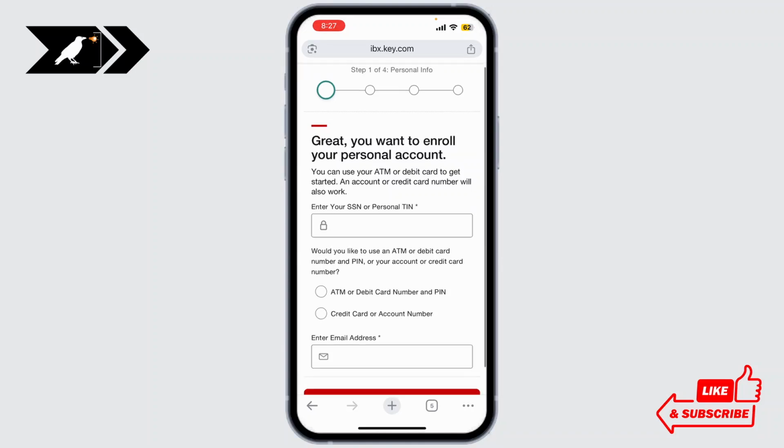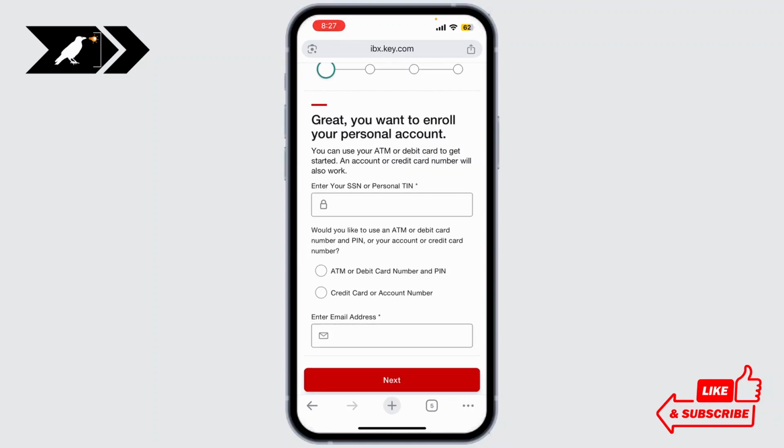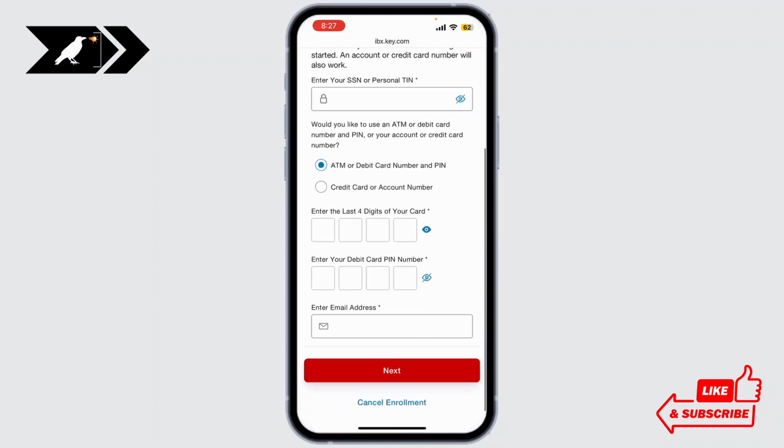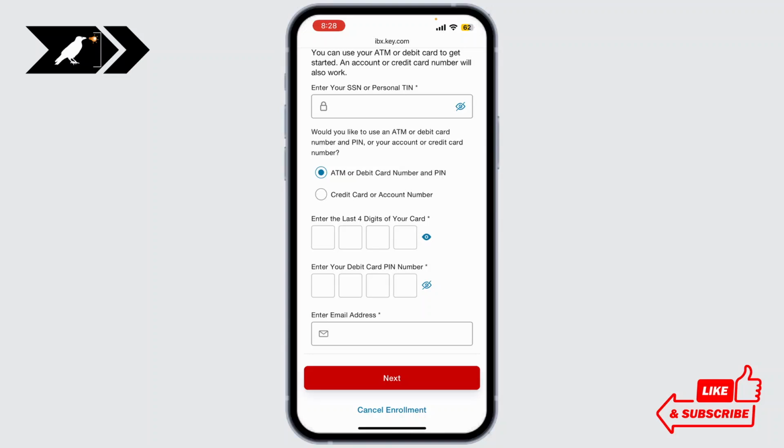You can simply enter your SSN or personal PIN, and you can choose what you want to use, which is ATM card or credit card. Choose whichever you prefer. Simply enter the last digits of your card and enter your debit card PIN, and also enter your SSN or personal PIN. After you've done that, simply click on next, and you need to enter some personal information like your full name,